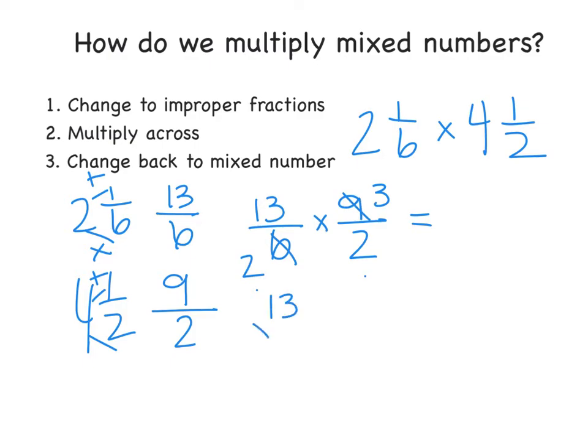So I need to do 13 times 3. 3 times 3 is 9. 3 times 1 is 3, so that's 39. And 2 times 2 is 4. So now I've done step 1 and 2, and now step 3 says to change it back into a mixed